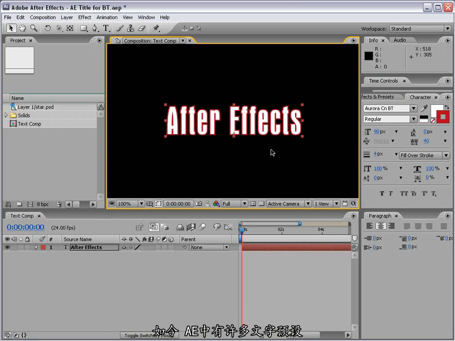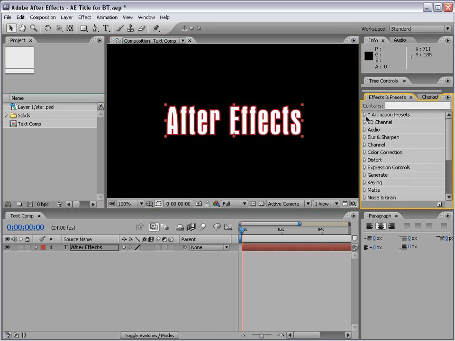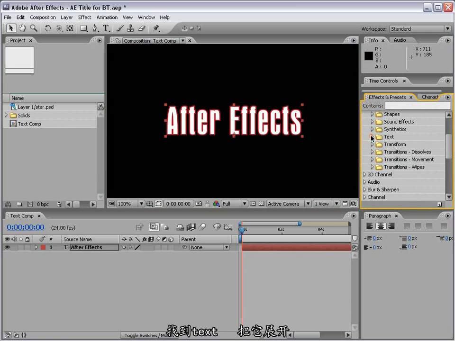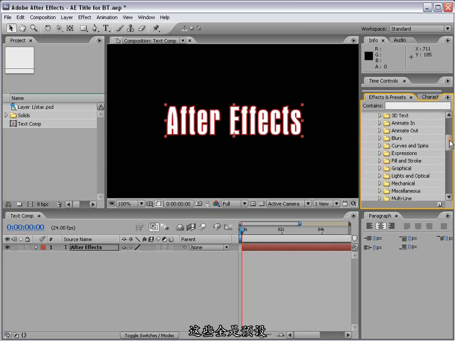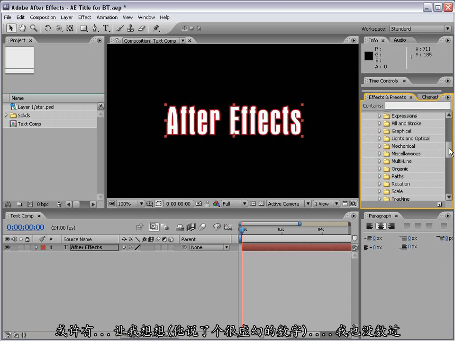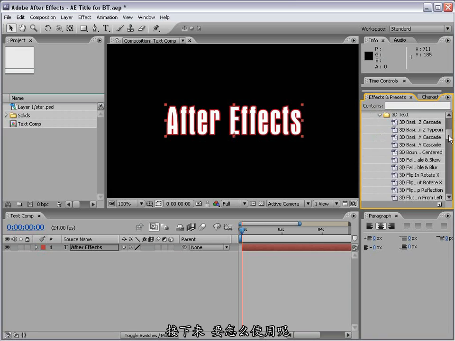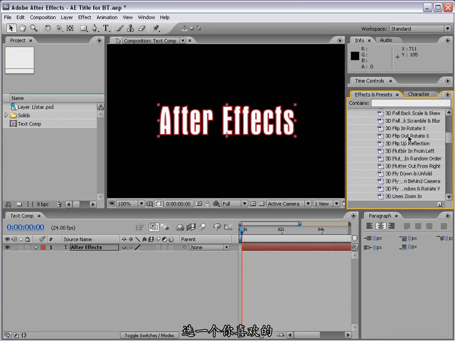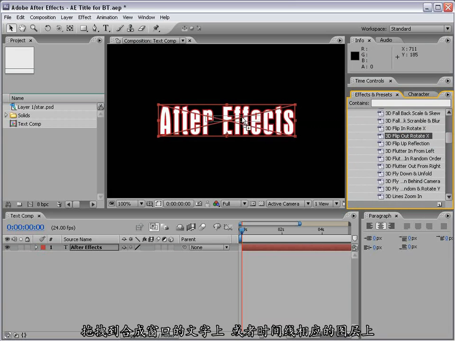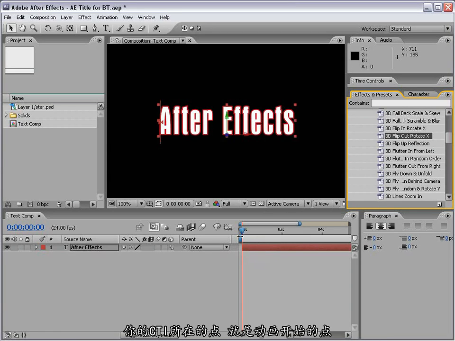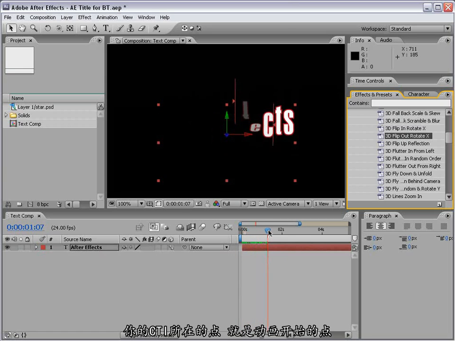Now, After Effects comes with a lot of text presets. So what are text presets? Well, let's go to our Effects and Presets tab, and then we'll go down the Animation Presets, scroll down, Text, and then we can scroll that down, and there's a whole bunch of presets, like probably, let me see, I counted them the other day, there's like 80 billion. And what you can do is kind of go through it, pick one that you like, drag it out right onto your text, either in the composition or in the timeline, and wherever your current time indicator is,